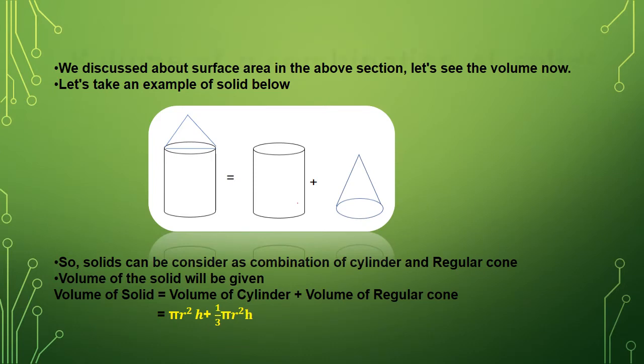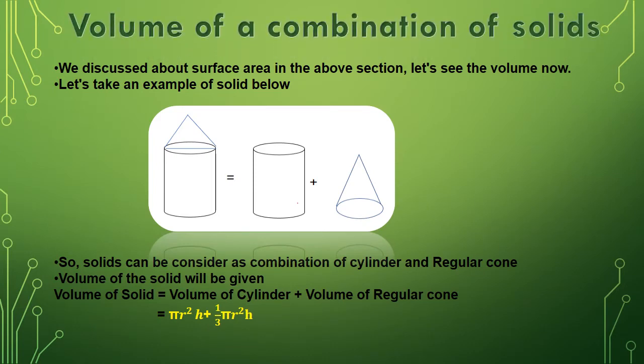Now the next topic is how to calculate the volume of combination of solids. So here you can see volume of combination of solids is actually very easy. If it is surmounted, then simply we will add the volumes of the solids, or if it is hollowed out or a depression, then we subtract the volume. Simple. So here you can observe in this example, again it's a combination of cone and a cylinder. So we will simply add the volume of cylinder and the volume of right circular cone. So volume of the whole solid is volume of cylinder plus volume of cone, which equals pi r square h plus 1 by 3 pi r square h, and we'll substitute the values according to the question.